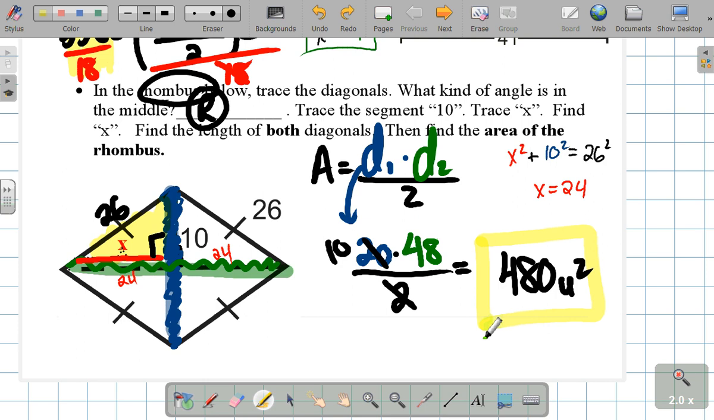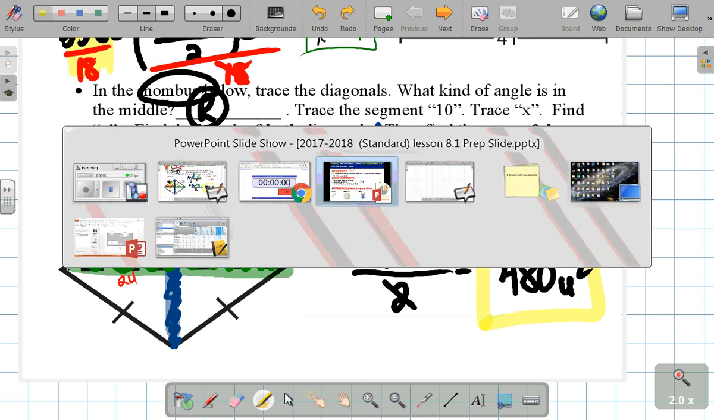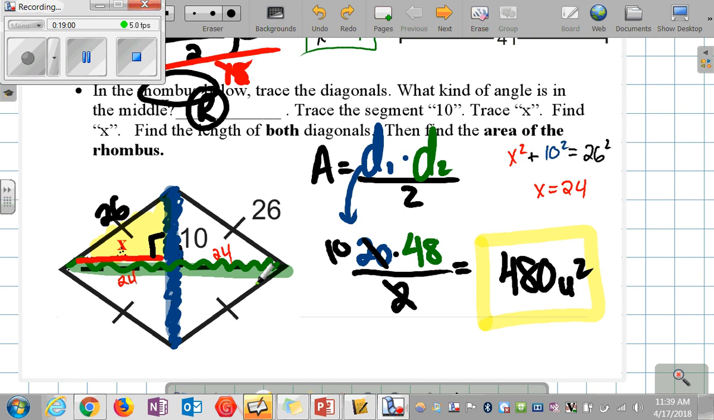You have half an hour all the way through page 6. You have half an hour to finish all the way through page 6. Okay? Last 15 minutes of class, we're doing something